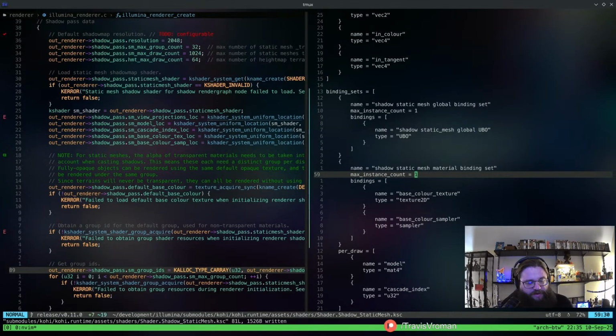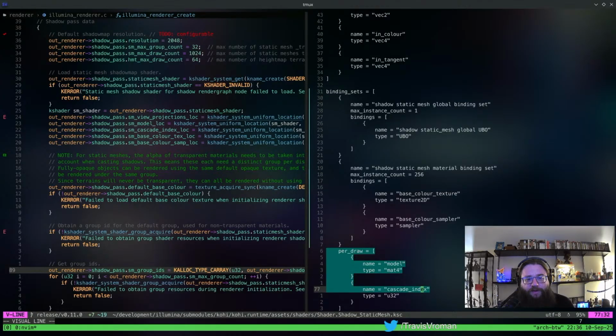So we can have a maximum of 256 materials represented this way. Only materials that are transparent will count against this limit. Materials that are fully opaque will all just use the same thing. That's just the way that particular shader works. That's probably way beyond what we'll ever need, but that's fine.